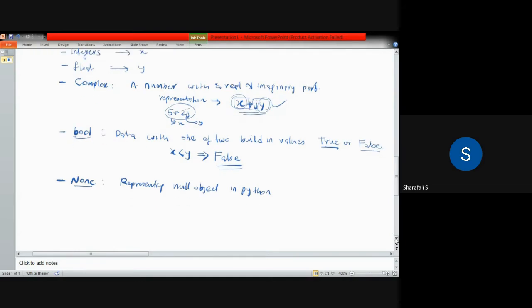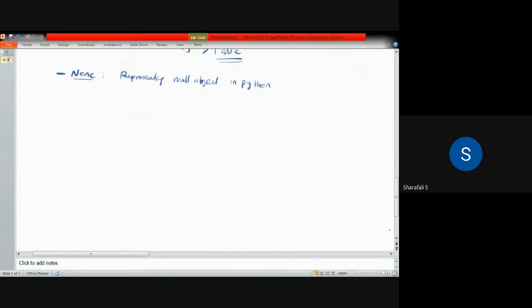Okay, and then we discussed about, I think we have discussed about string. Anyway, I will discuss it completely. So we'll go to the next type, which is the sequence type. We have discussed scalar types. Now we'll discuss the sequence type. A sequence means a collection of